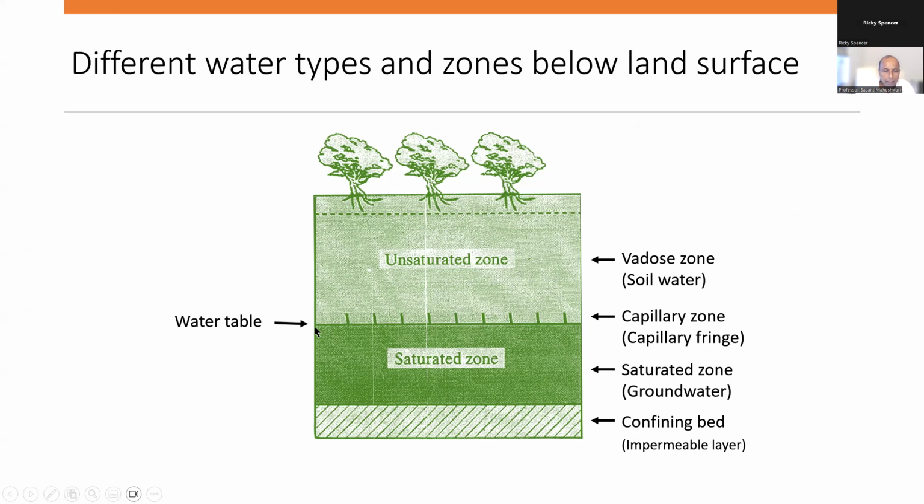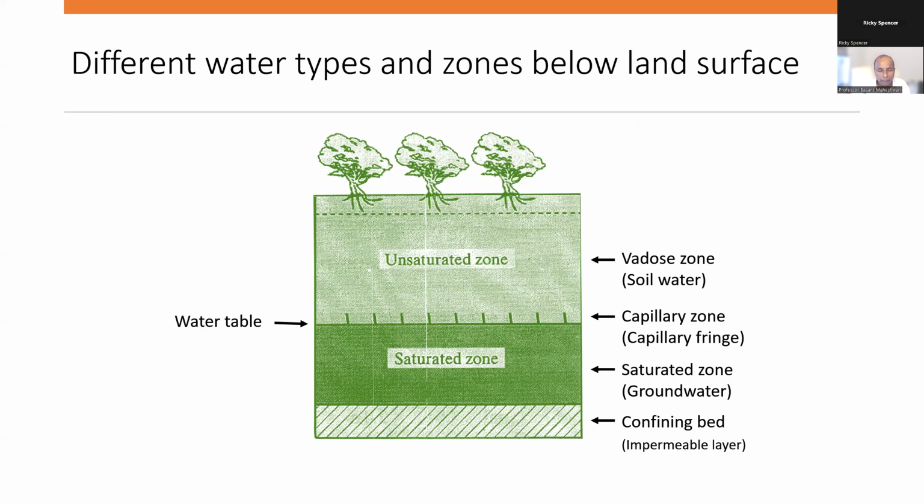And the upper layer of this saturated zone is called the water table. And this whole area where the underground water is stored is called an aquifer. And this has a special term called groundwater. So groundwater is the water below the surface of the soil or land, and this water